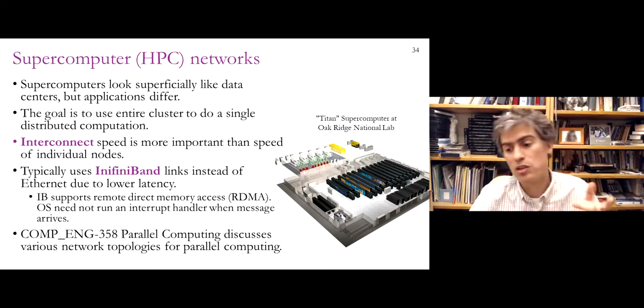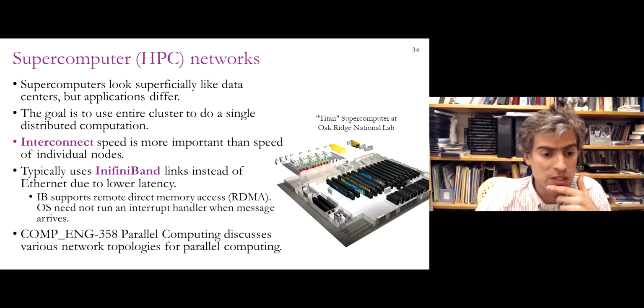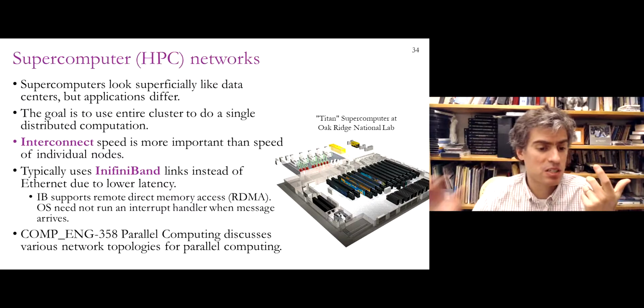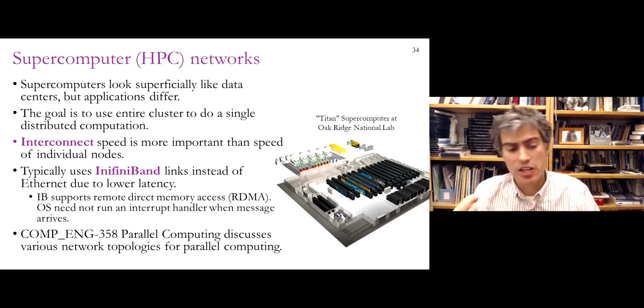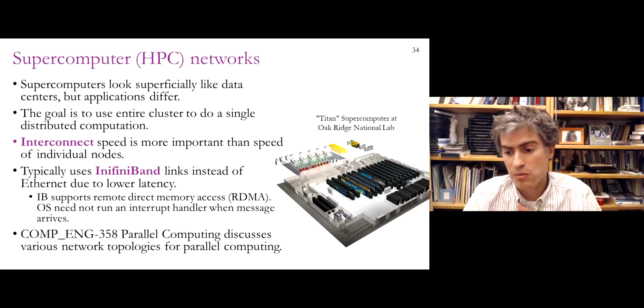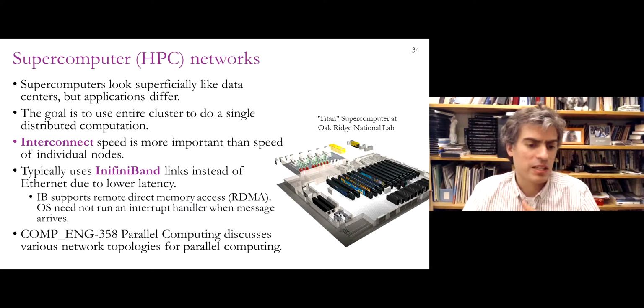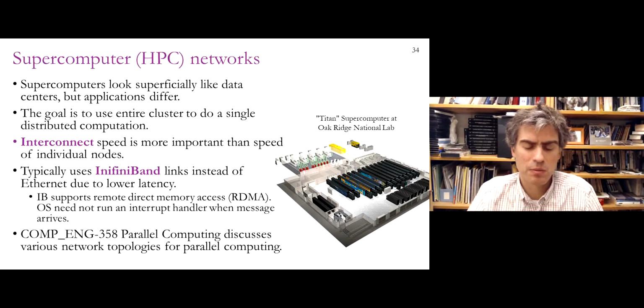So InfiniBand is an alternative to Ethernet that's used most often in supercomputing. InfiniBand is a combination of a physical communication channel and a different set of link layer protocols instead of Ethernet that allow low latency communication between machines. And actually, because it doesn't have things like IP addresses and TCP ports or UDP ports, you can have a packet that is addressed to go to one of the neighboring machines